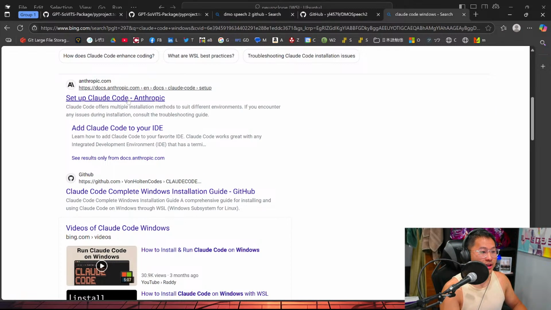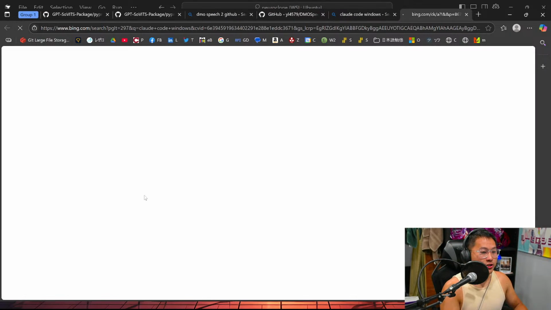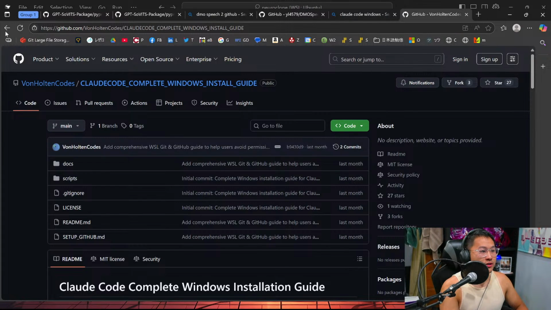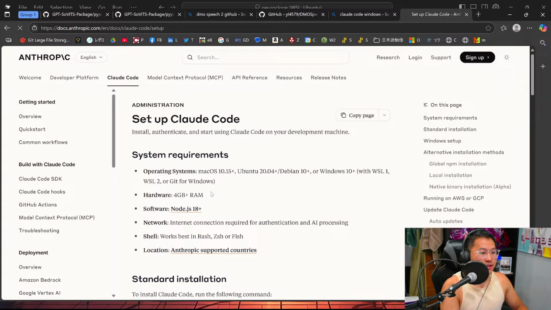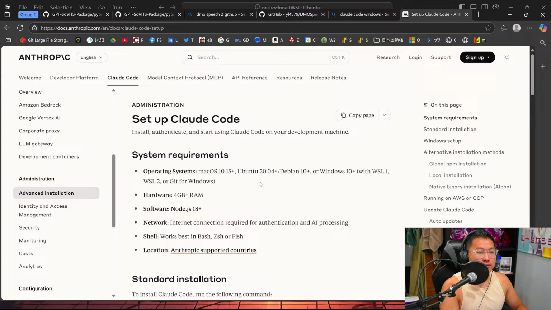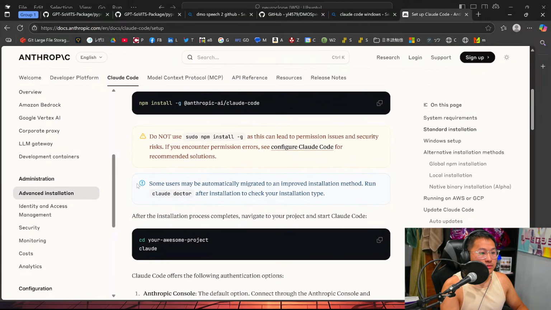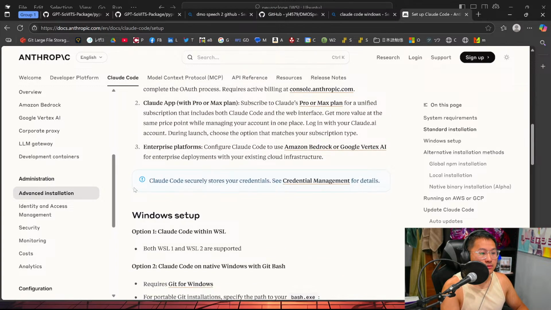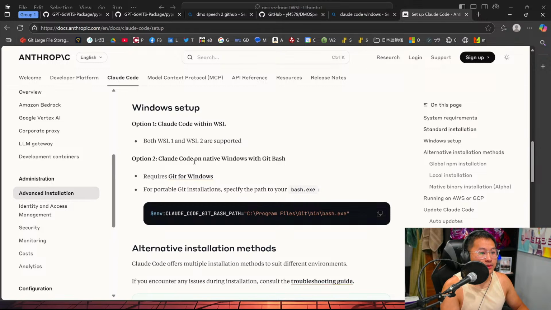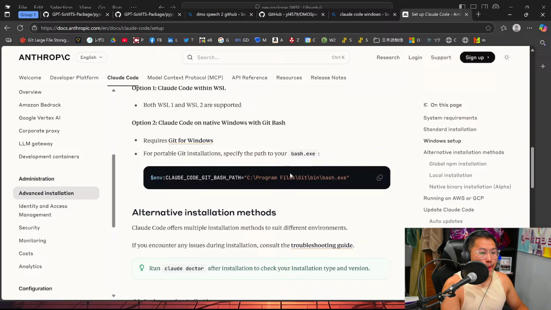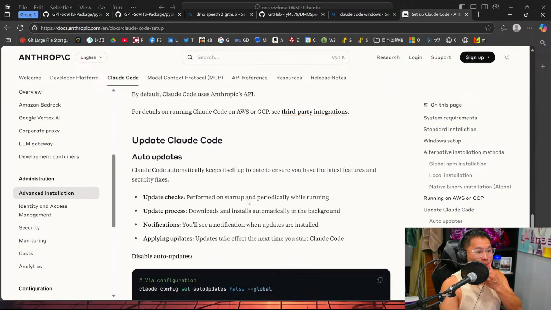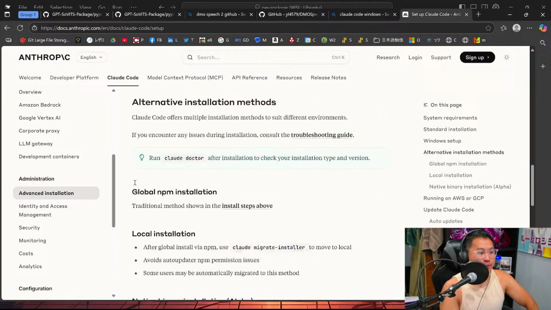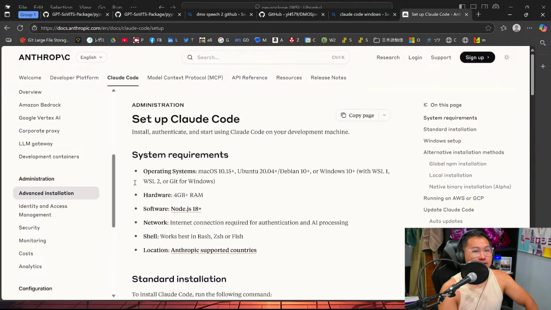There should be a Windows setup with Git Bash. So I'm gonna have to figure out how to get this up on Windows, because that's pretty much the only reason that I'm using WSL.